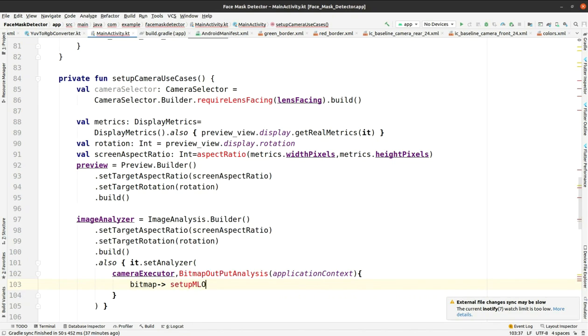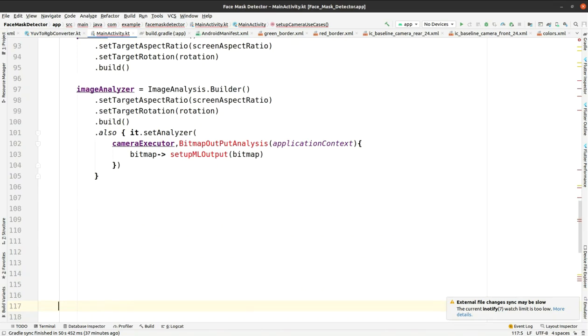Okay, and finally you have to unbind the last binding of the camera, so you just have to write one line for it. We have to make some space so that you can see the screen perfectly. Here it is, camera provider dot unbind all, just for unbinding the last binding part for the camera service. And then now the binding